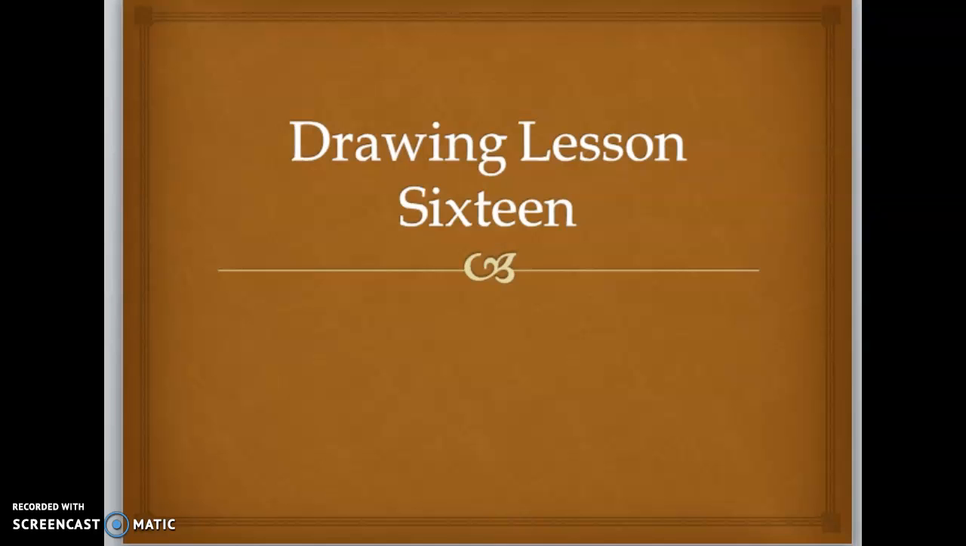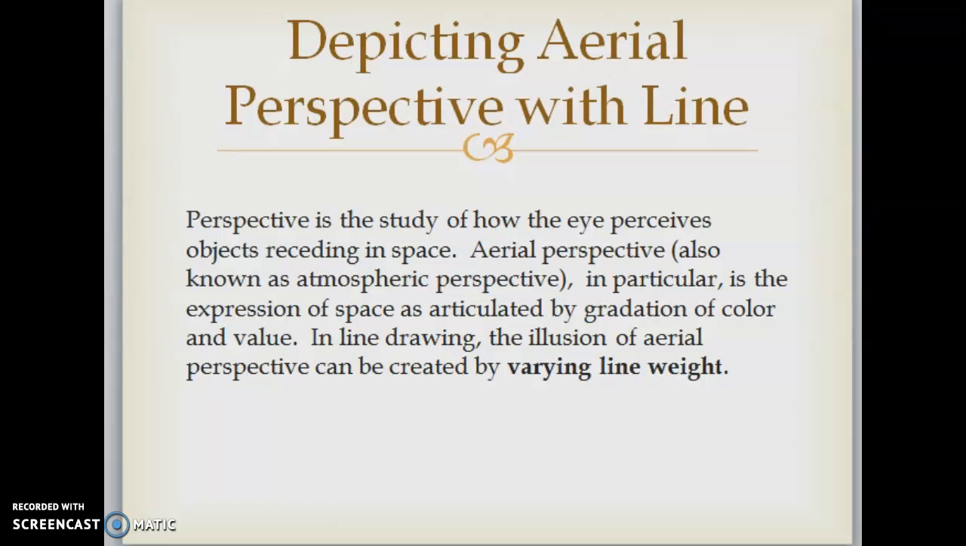Drawing Lesson 16, Depicting Aerial Perspective with Line. So perspective is the study of how the eye perceives objects receding in space. Aerial perspective, also known as atmospheric perspective in particular, is the expression of space as articulated by gradation of color and value. In line drawing, the illusion of aerial perspective can be created by varying line weight, which we touched